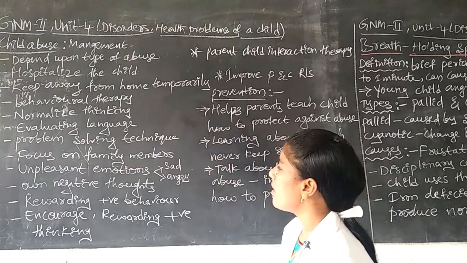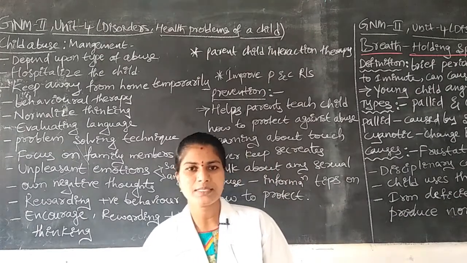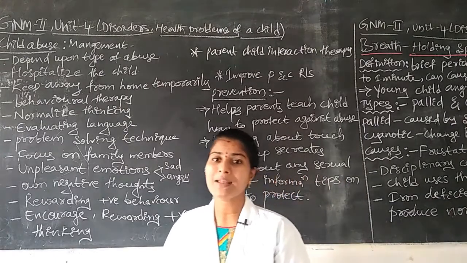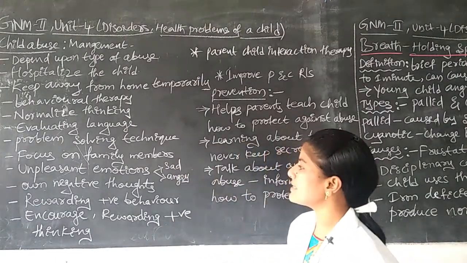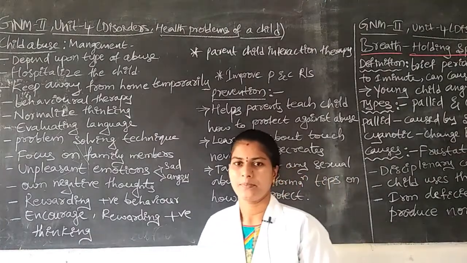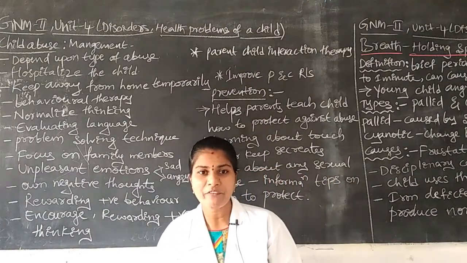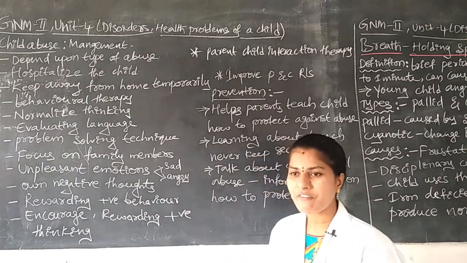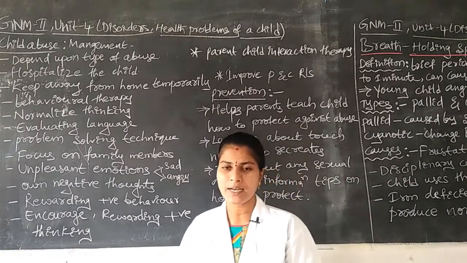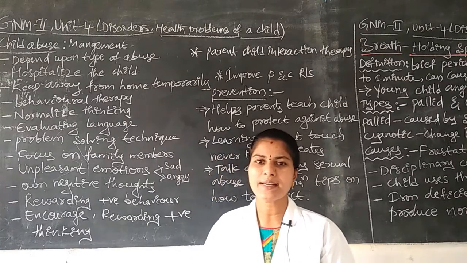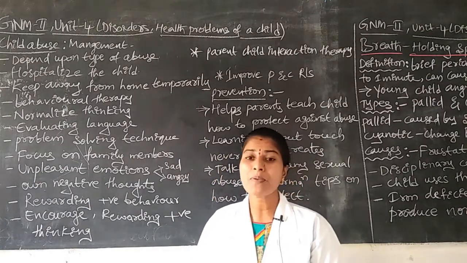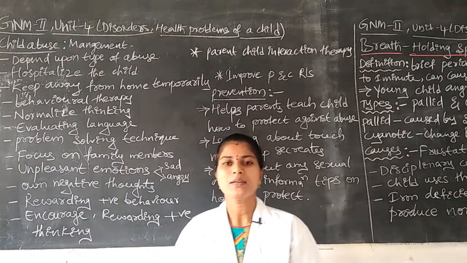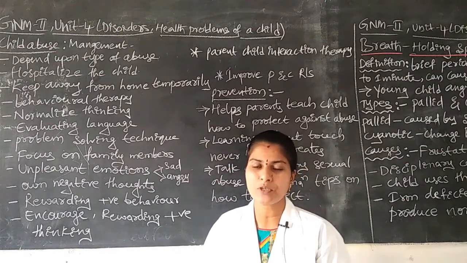Next one is unpleasant emotions in children, like sadness or anger. We have to work on improving pleasant activities and pleasant emotions. How do we modify unpleasant emotions in the children? Sometimes a person who is favorable to the child communicates with the child, and then the child forgets their unpleasant emotions. We have to provide that type of environment to reduce their negative emotions.